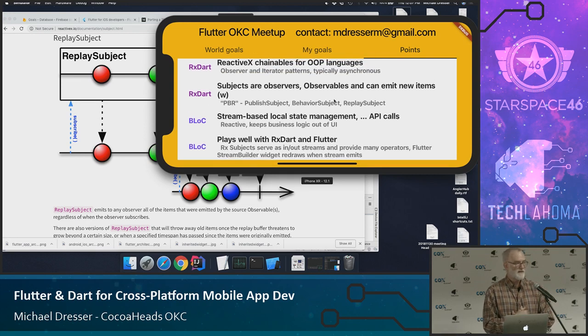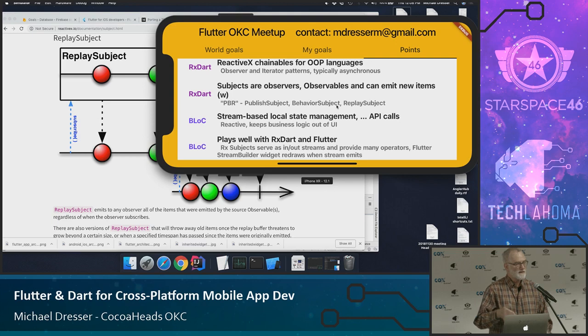A pattern that Google first pushed for handling state, local state, in Flutter is the BLoC pattern. BLoC is business logic component. And the idea is, and this is clearly a popular approach across all platforms, to get as much state out of the UI as you possibly can, right?